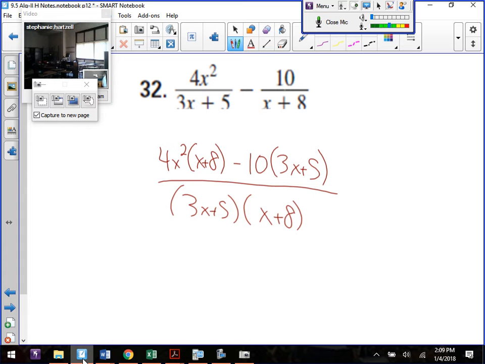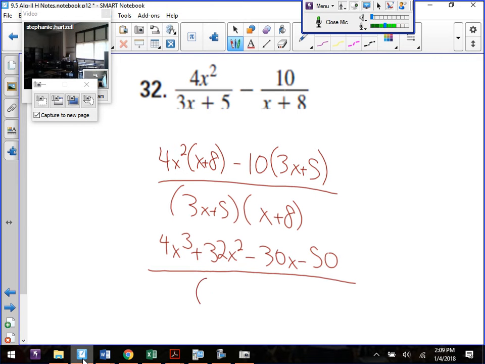When you do that, a lot of times people will do like what you did earlier, where you forgot it was a subtraction, you wrote addition. It's one of those things where you'll send the negative to the 3, but you'll accidentally make it a positive to the 5x, or excuse me, the 5. So we get 4x cubed plus 32x squared minus 30x minus 50 all over